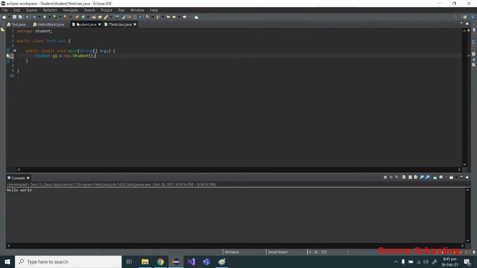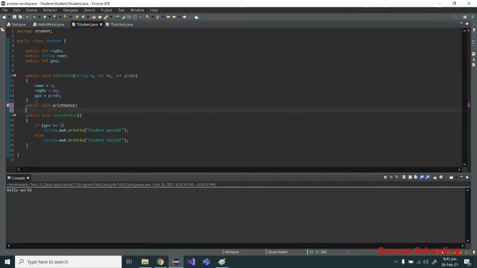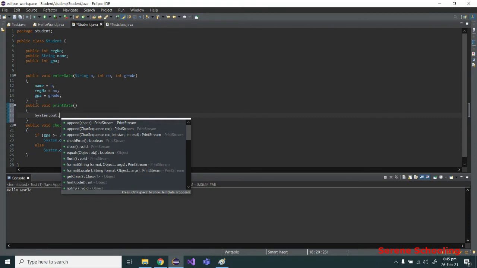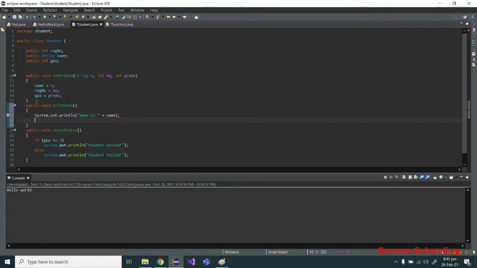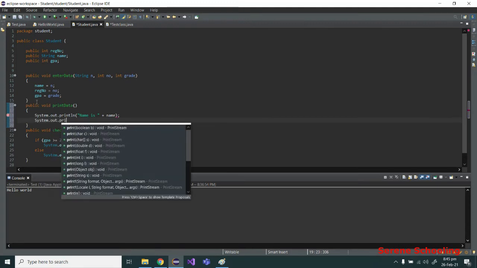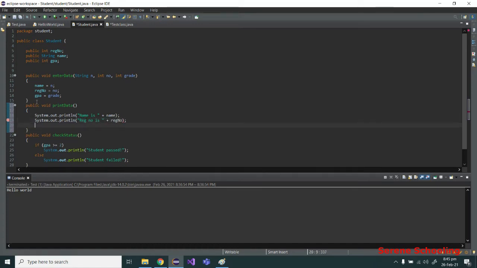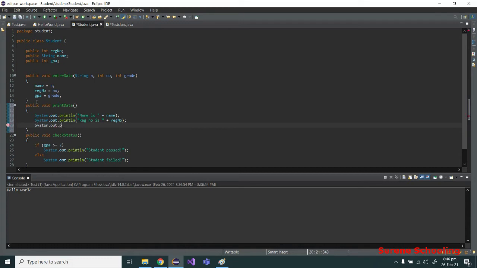So let's create another function which prints data, which basically prints all data. It will print all data which the class has. So first I'm gonna print the name. Then I'm gonna print the registration number, and similarly I'm gonna print the, so it will basically print all the data that has been stored in a